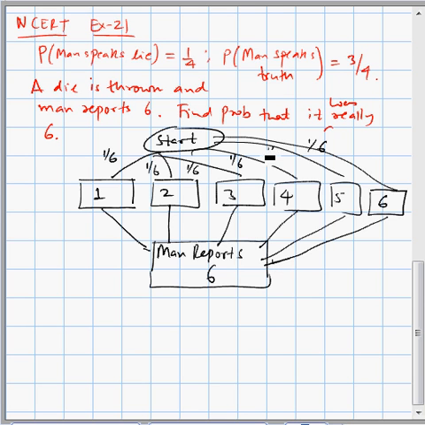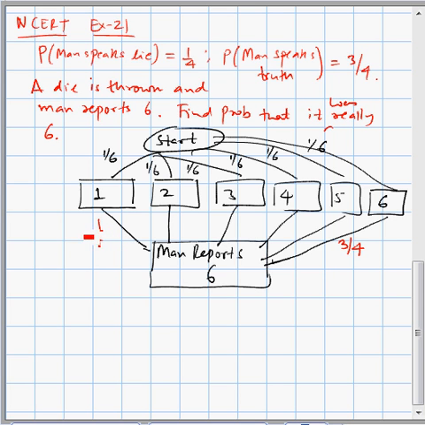Now see, when die shows 6 and man reports 6, this is a situation when man is actually not speaking lie, he is speaking truth, and probability of speaking truth is 3 by 4. So probability of this path is 3 by 4. Actually 6 came and man reports 6. It means he is speaking truth, 3 by 4. Now let's see this path. 1 comes on the die, and man reports 6. Now what will you take for this? Man is speaking lie. Are you going to take 1 by 4,